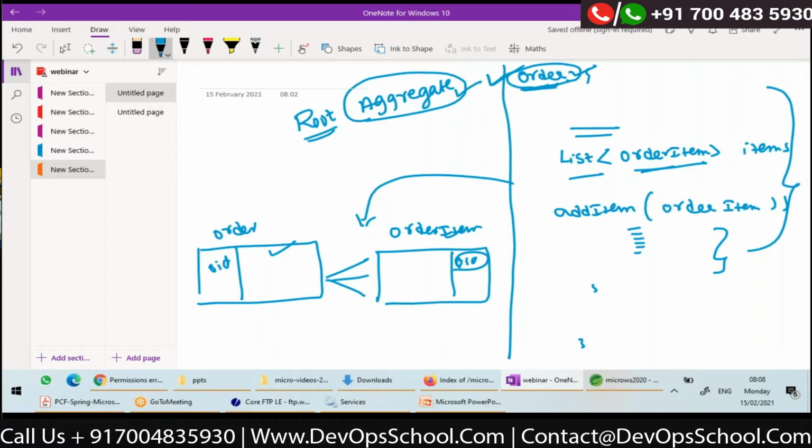In your bounded context, there might be a lot of entities or domain classes like order, item, etc. You have to identify one root entity, right? Any state changes, if at all, have to be propagated to the database. That should be done by modifying this root entity. If you identify such an object, then that is called an aggregate, or we also call that a root aggregate. Any queries till now? Here in this case, order object is a root aggregate.